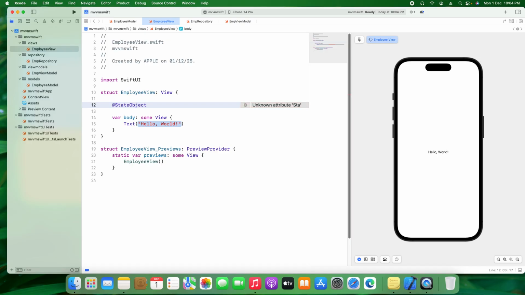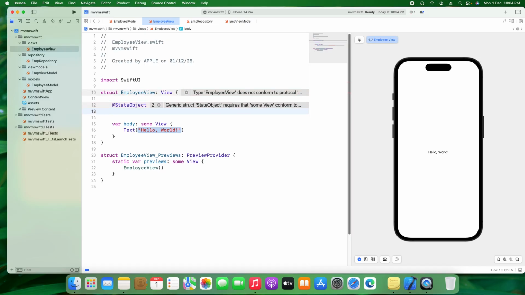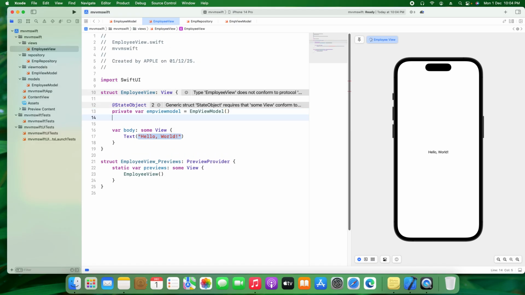The state object is doing the same thing, it holds the variable values, but that is for the complete app, whereas in the state we are using it for one UI. Okay, so once the state object is ready, you can say that this is our private variable emp view model, and it should be employee view model. So in a single line we can hold all the model values here. Okay, so that's the way we can use the state object. And now